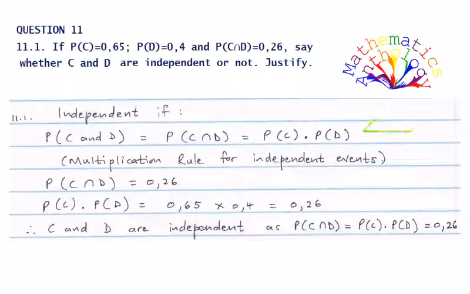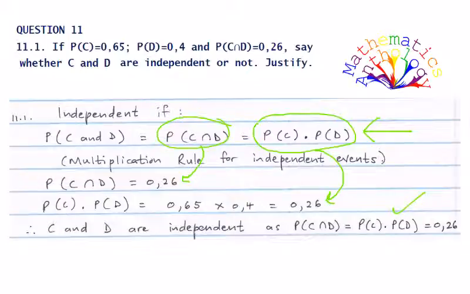Question 11.1. If the probability of C is equal to 0.65, the probability of D is equal to 0.4, and the probability of C intersecting D is 0.26, say whether C and D are independent or not. Justify. So when we talk about independent, we need to use the multiplication rule for independent events, which is the